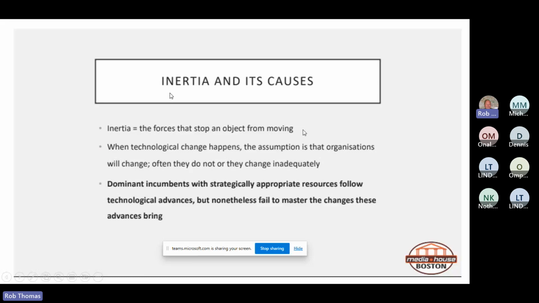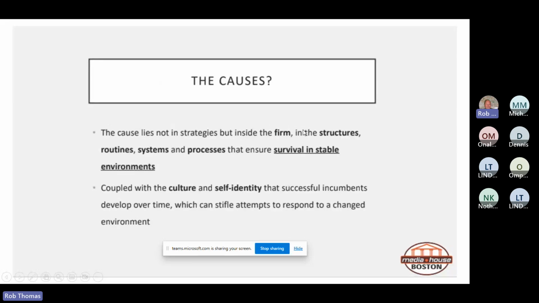All right, let's go to the next slide. Okay, so guys, this is directly related to your question. It says, discuss inertia and its sources in the context of MediaMark. Okay, so what are the causes of